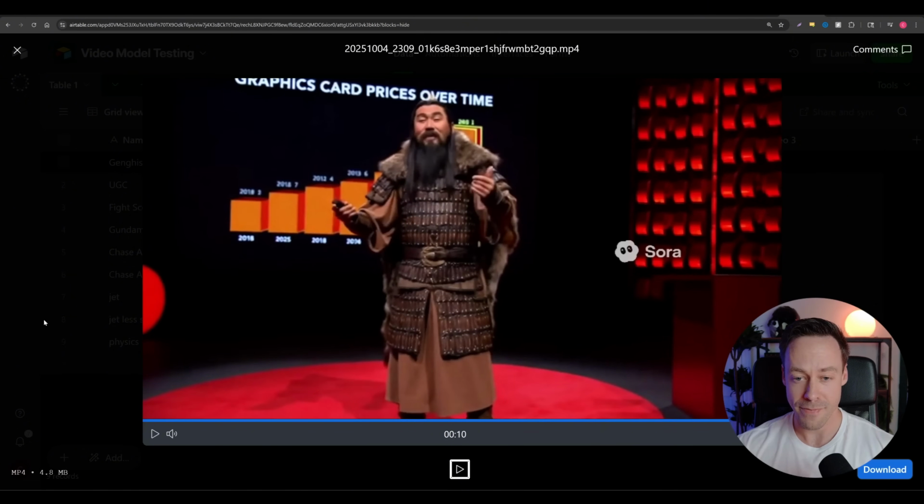So honestly, I thought that was great. I think this is where Sora 2 really shines, and that's when you give it a very bare bones prompt and you let it just go crazy. It did a great job with sort of the orbiting camera. You see the graphics card prices over time, like a PowerPoint slide in the background, and it did a really good job in the audio, right? Like relating graphics cards with trying to find a horse, right? Like we're back on the Asian steppe, right? We're about to raid another tribe. Great video, in my opinion.